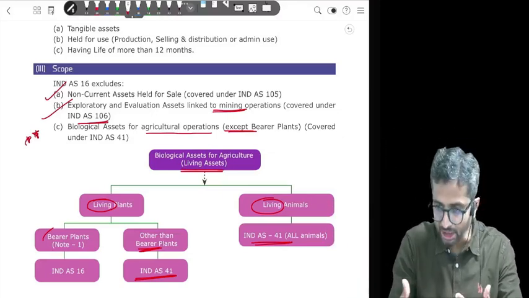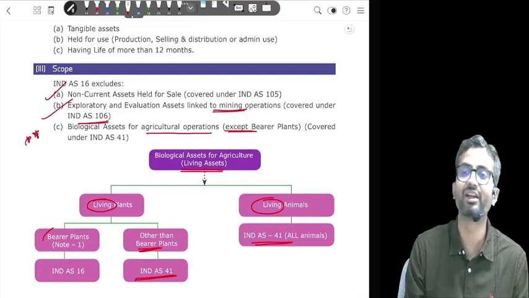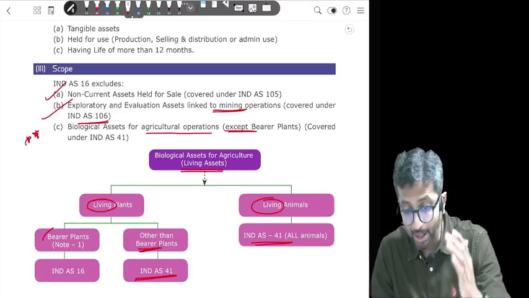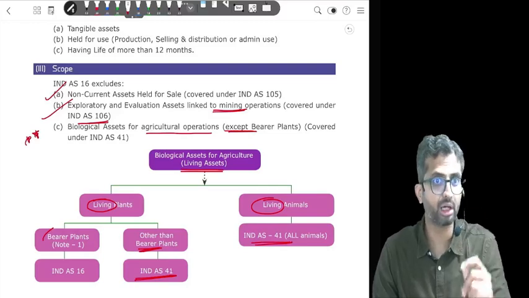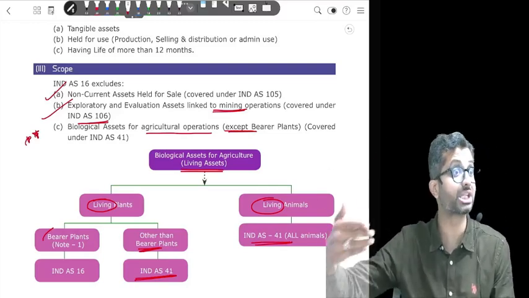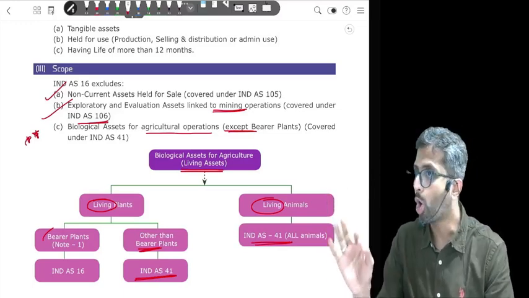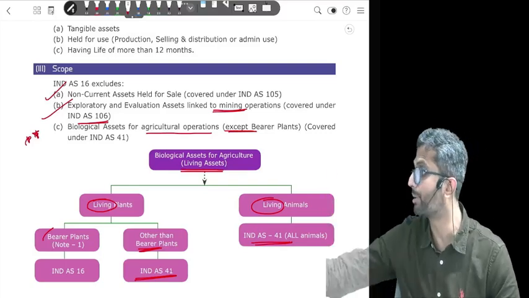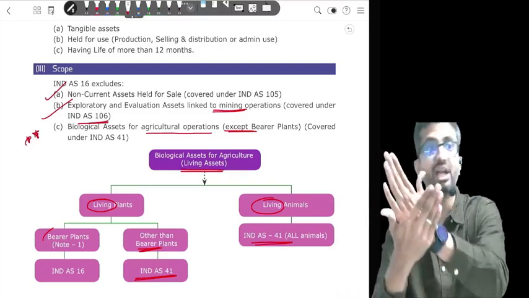Because I am getting my customer base, and now they've increased their fares also. If you're aware, the tariff is increased. So I can now milk my customer base. But my initial losses, the argument was earlier that these losses will be capitalized. I don't want to take it to P&L because these losses will give me future economic benefits. The law of cost does not say that every cost which gives future economic benefits is capitalized. No, the law says every expense till the time the asset is ready for you should be capitalized.